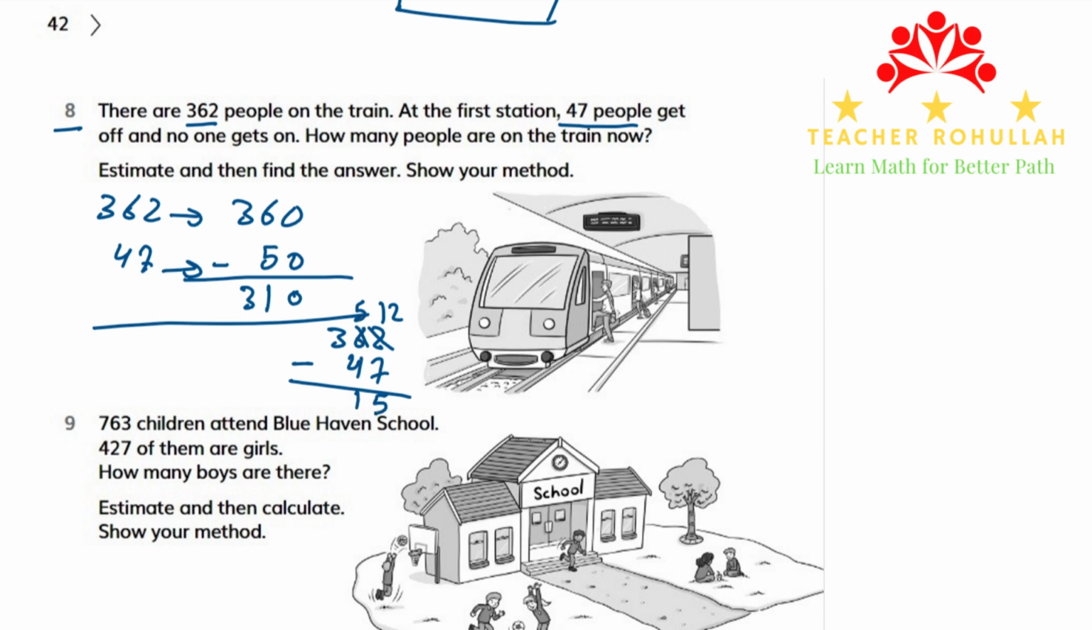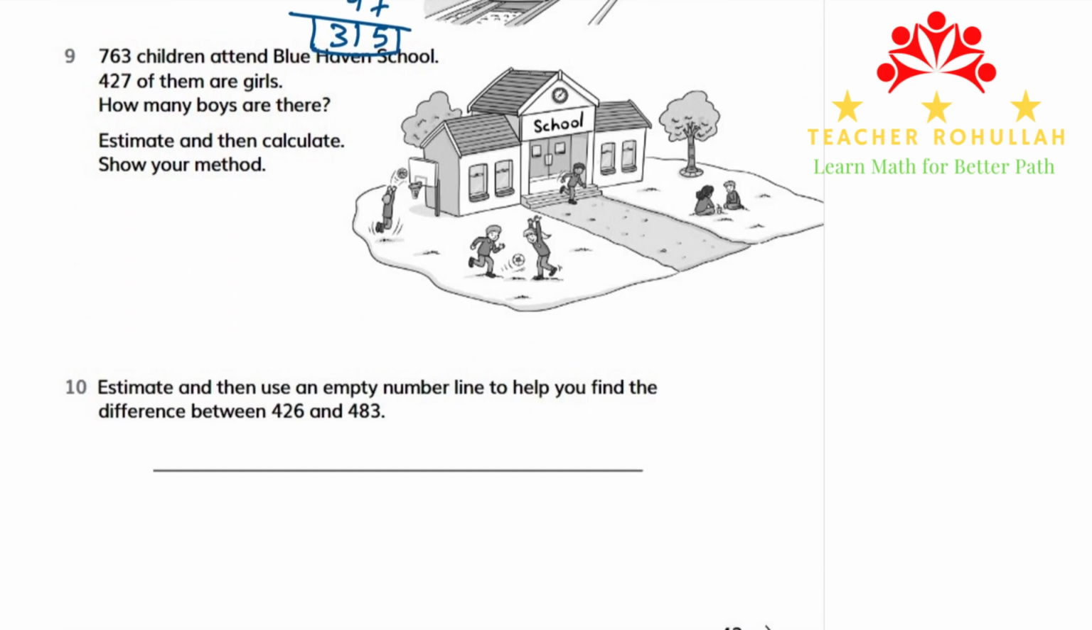12 minus 7 is 5. 5 minus 4 is 1. And 3 minus nothing is 3. So the exact number of people left in the train is 350. Okay, we are done with question number 8 as well. Let me scroll down to move to question number 9. In question number 9, it says,